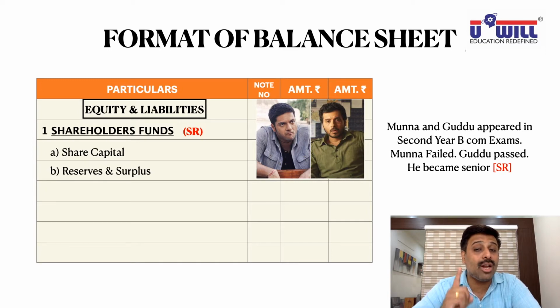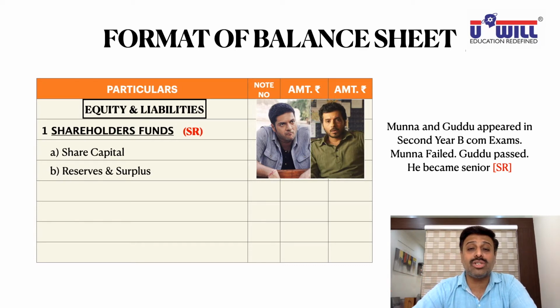Wherever you feel, you can note down the important things. If you think you are not Gajani, you have very good memory, you don't have any short-term memory loss, then they are all logical things. You can just be attentive. But if you feel anything, you can write it down. So calls in arrears we will minus from share capital if there are any in the question. Share forfeiture we will add in share capital. Okay. Calls in arrears we will minus from share capital. Share forfeiture we will add in share capital.